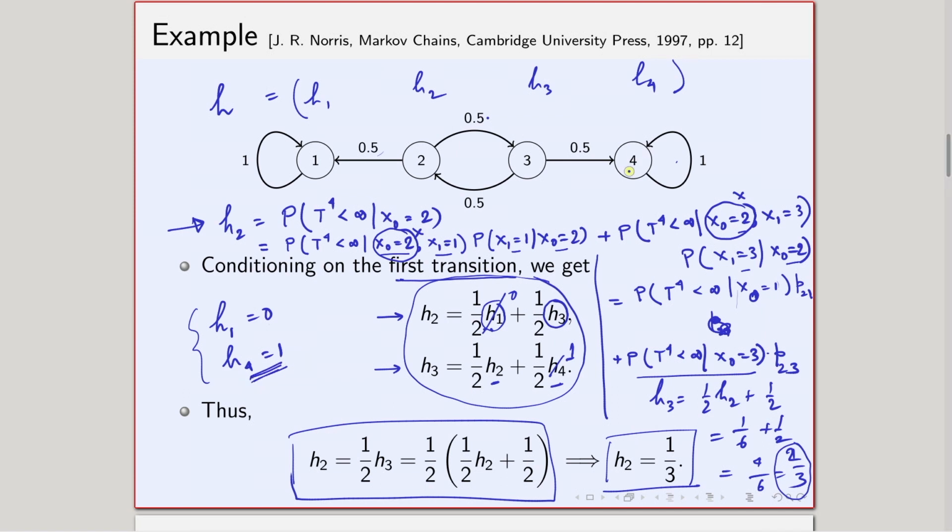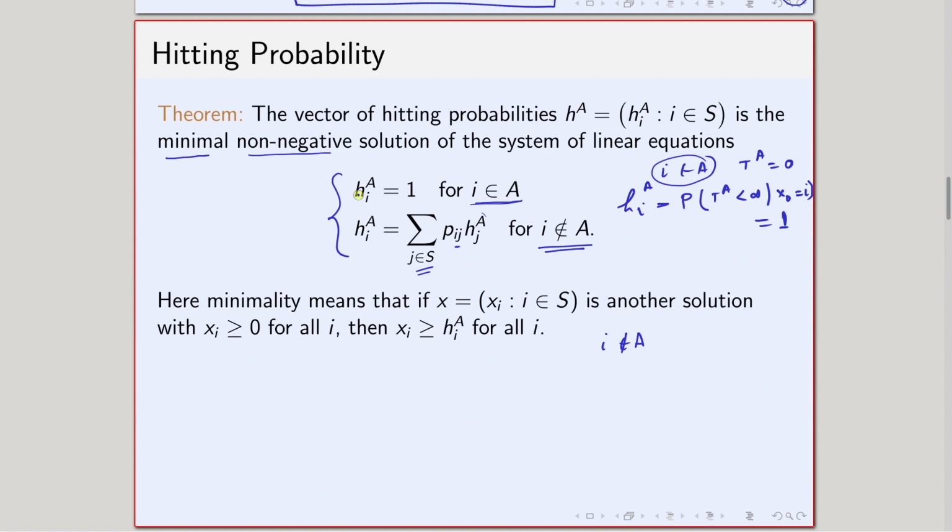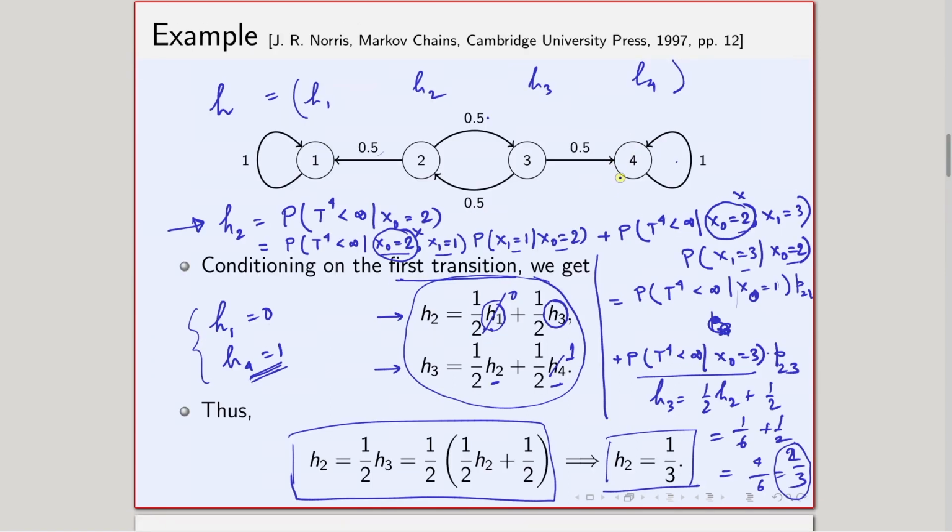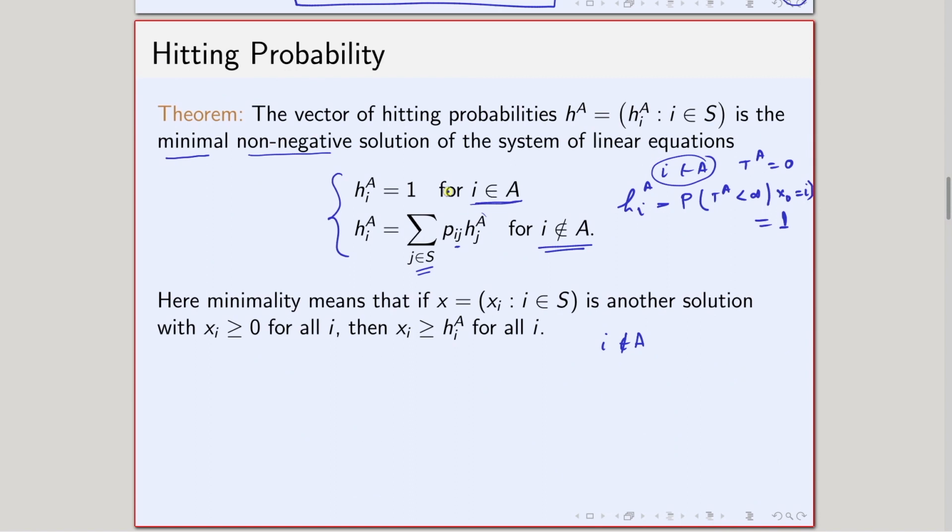So from those two things, these two are coming. The only thing is that, in this case I have considered A as a singleton set, but A can have multiple states. So I have written these two things this way. Okay, so this way we got this system of linear equations.